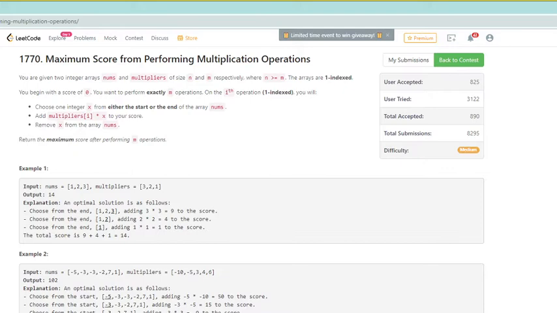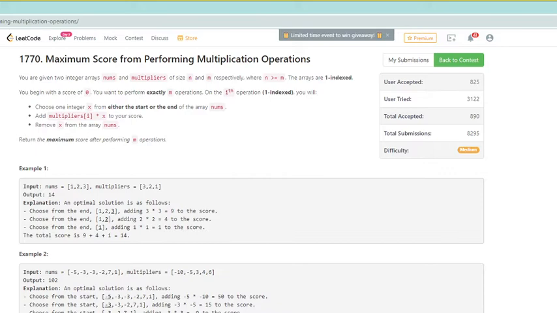That element should be either from the start or the end, and you have to pick the first element from the multiplier array. You have to multiply both elements, either the first or the last from nums with the multiplier. You add that product to your score, and delete both elements, the one from multiplier and the one from nums. And you have to perform this step n times. Your final goal is to return the maximum score you can get from performing all these steps.